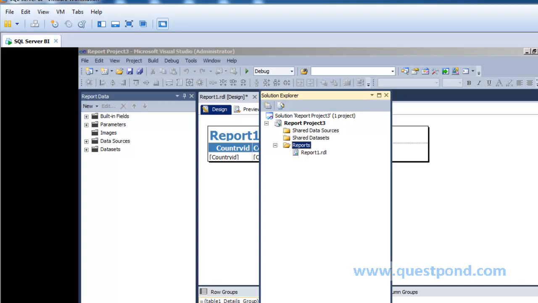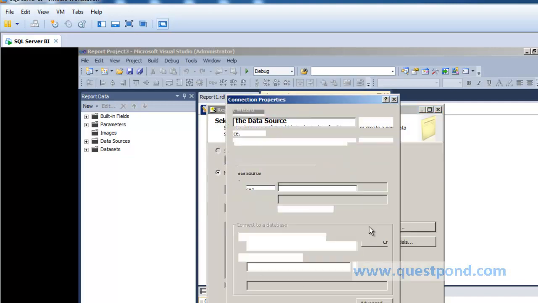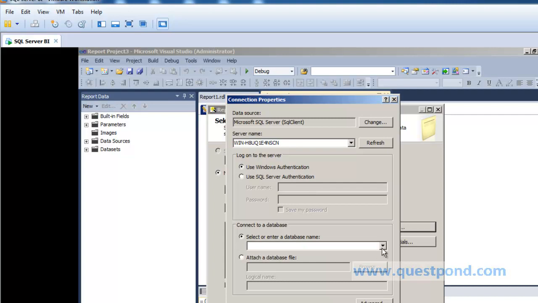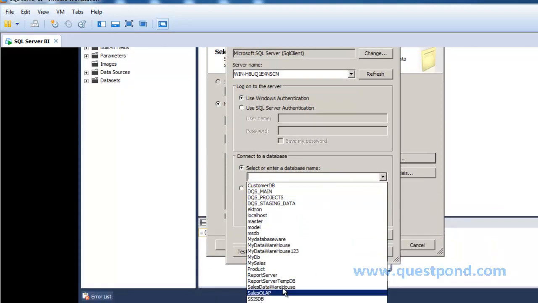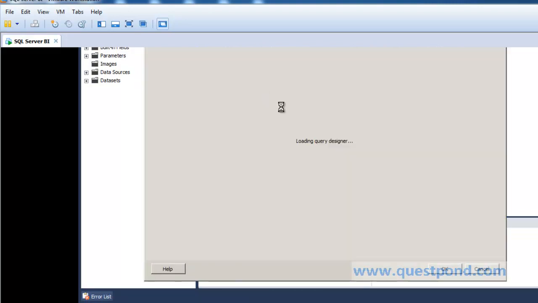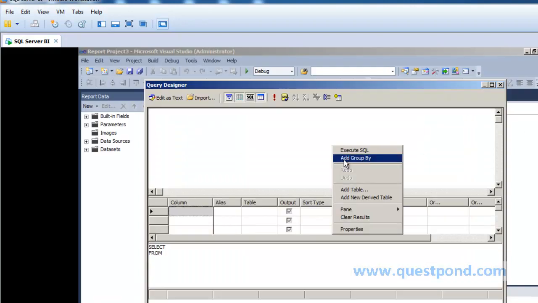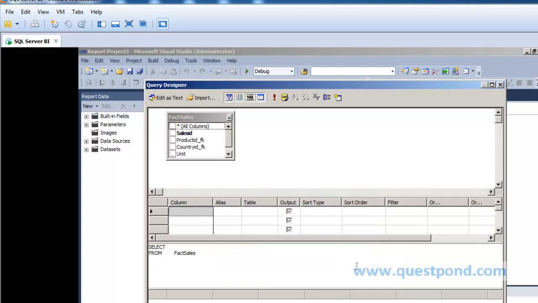Okay, and that sub report I want to attach with this country report. So what I'll do is, let me go again and add a new report. Now this report will be a sub report. So I'll add a new report, and this report will actually search the fact sales table. Okay, so let me go to my product database here. I'll say okay, next, I'll go to my query builder. All these are standard, we have done previously as well. So I want to display the sales by that country ID, the unit sales by that country ID